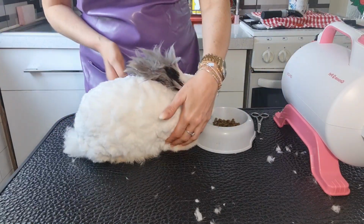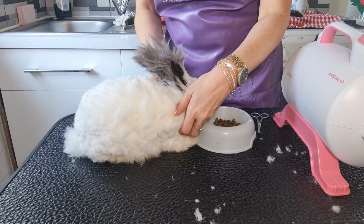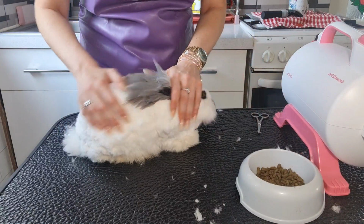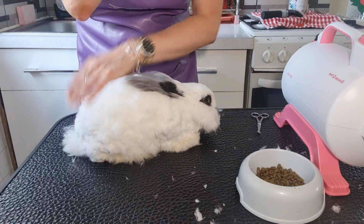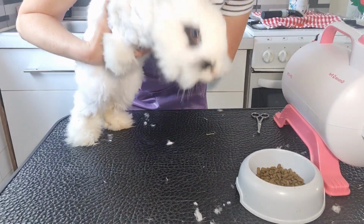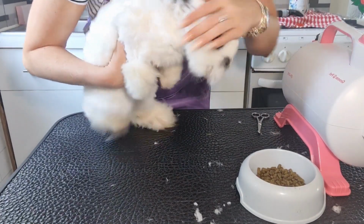Okay, so we've done that side section now, which is here, but we're going to want to get under there because this is what's really going to bring it out. Now, this can be a little bit difficult, okay? So, what I'm going to show you, there's a couple of ways you can do this, but if I lift him there,